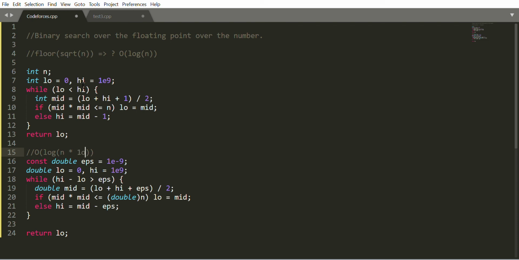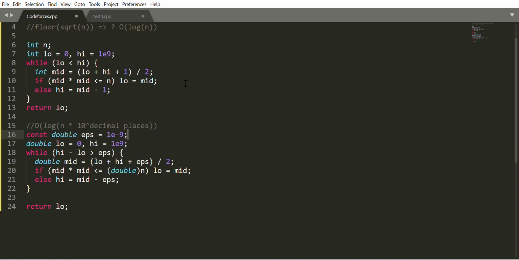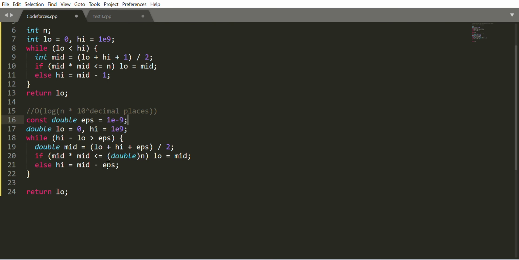So it depends on the number of decimal places of precision, but it is quite fast. So this is it, and in this way we can apply binary search over floating point numbers with some precision.